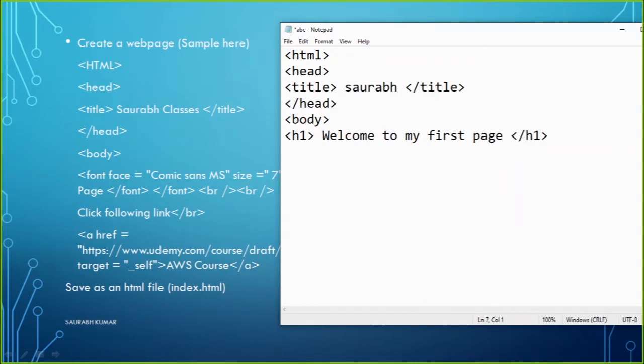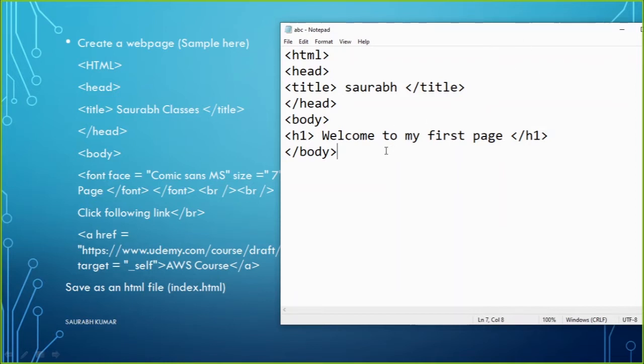Then you can close the body. So I'm just telling you how generally a programmer or a web developer uses HTML or PHP. They just start writing very big code. I'm just trying to tell you with one or two commands here. So by using this method, you will be able to make a website.